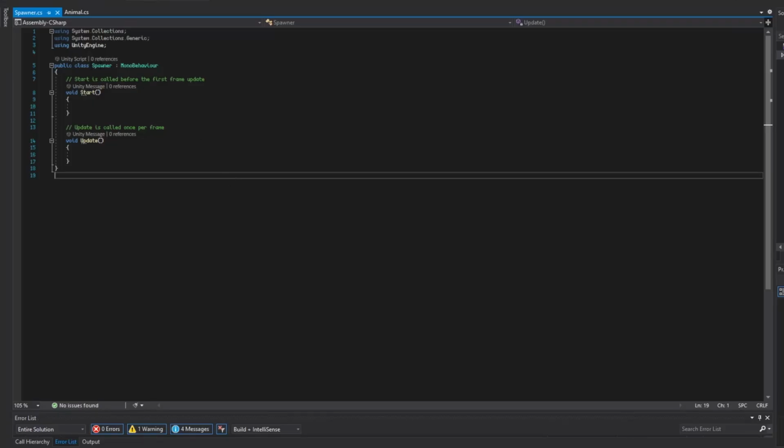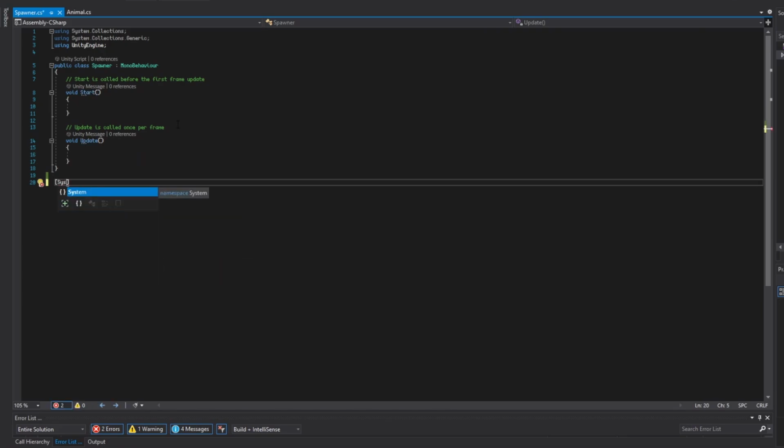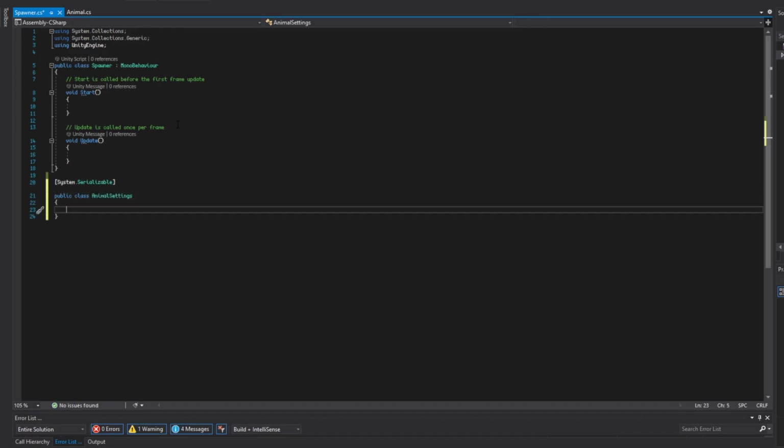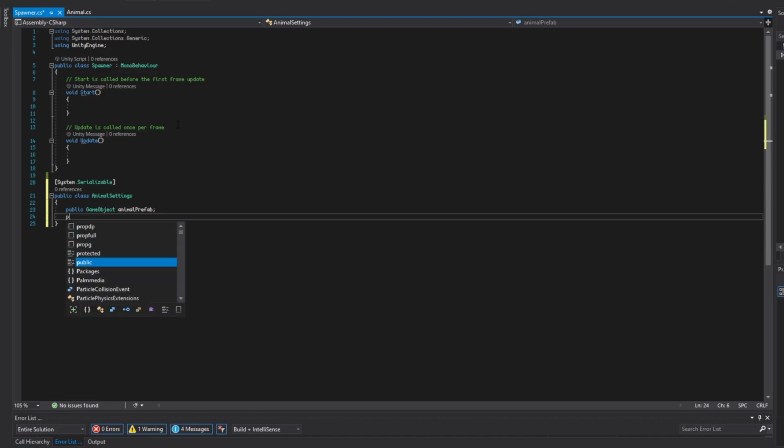So once you're in your Spawner script, what we're going to do is come to the very bottom outside of our class, and we're going to create a new class. So what you're going to do is open square brackets and type System.Serializable, and beneath this create a public class and call it AnimalSettings. Open this up, and within this we're going to write public GameObject animalPrefab, and beneath this you're going to create a public int and call this spawnCount. We'll default our spawnCount to be maybe 10,